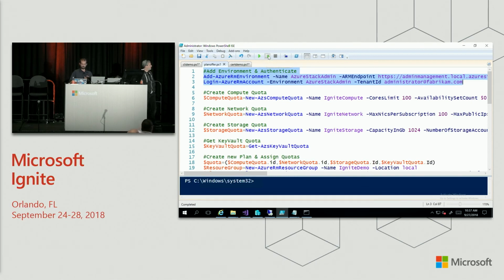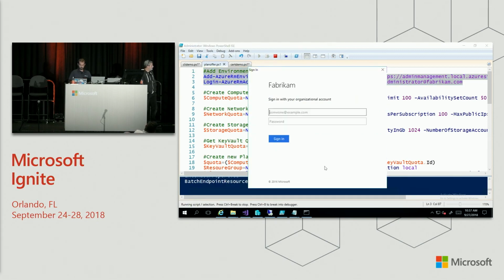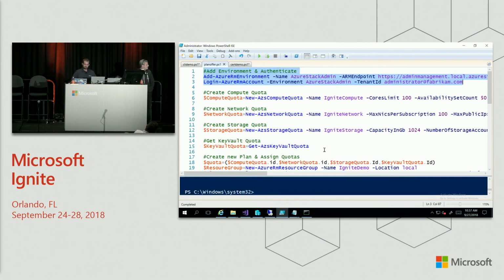So let's first authenticate. Now, once authenticated,